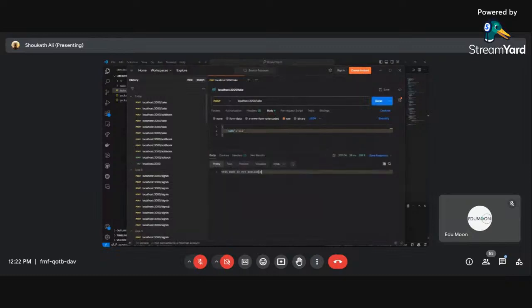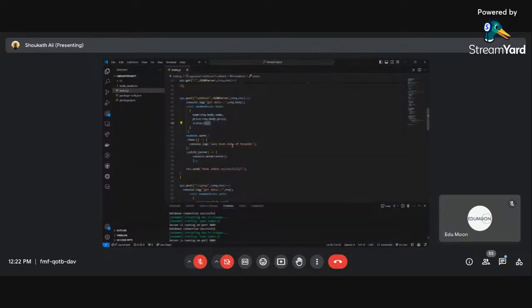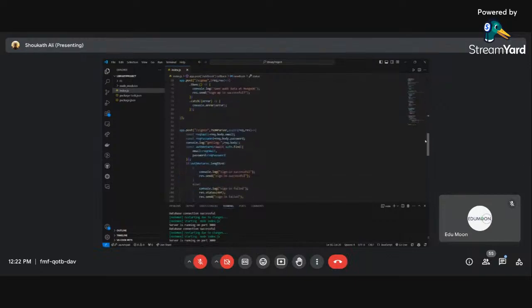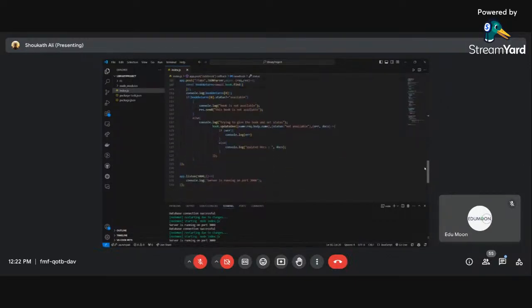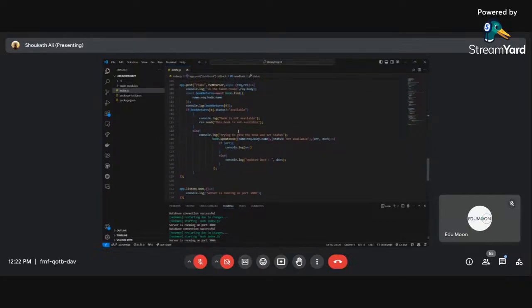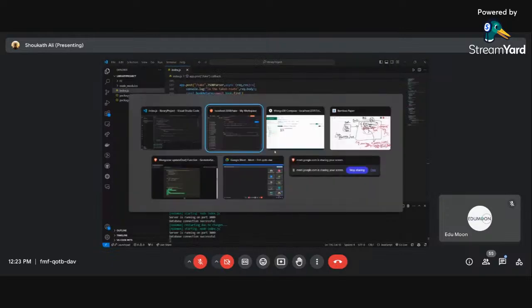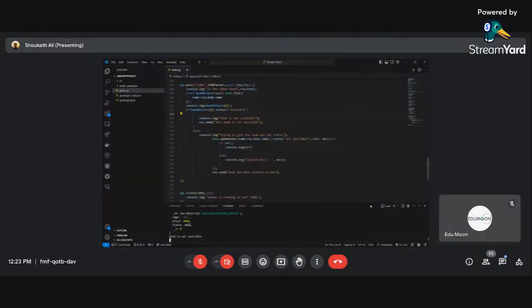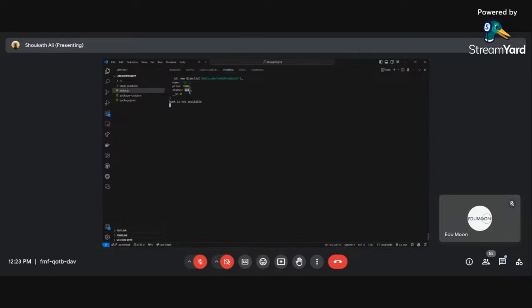Let's send. This book is not available. Why? I need to see that also. Dot send book is given to you. Book has been allotted to you. Okay, but the problem is we're logging book returns, right? Let's see what I got there. I'll send this again so that I get the book returns. Book returns is coming status as null, but